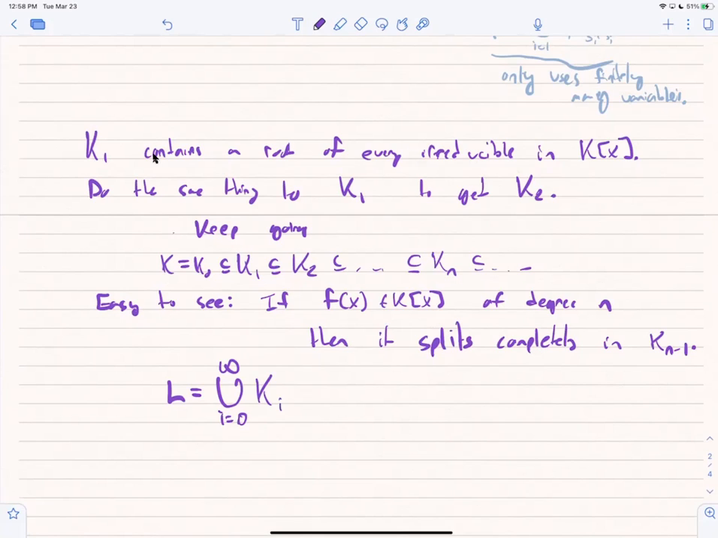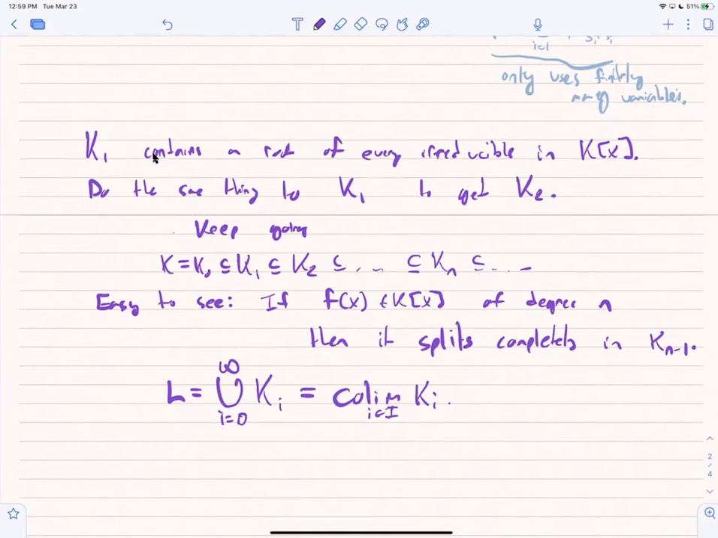Because a union takes place in an ambient set. What I'm looking for is some ambient field that contains all these things. So it doesn't really make sense to write union here. It's a common abuse of notation, and it's better to call this a colimit of Ki. And so the colimit just sees, okay, even though this isn't really the union,